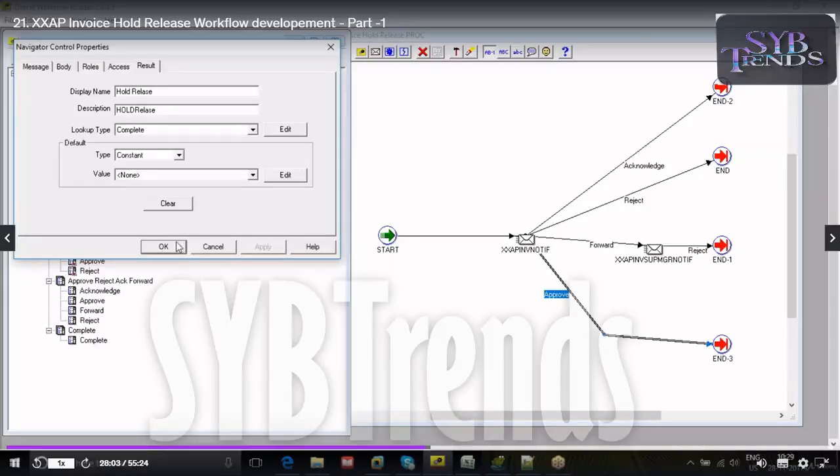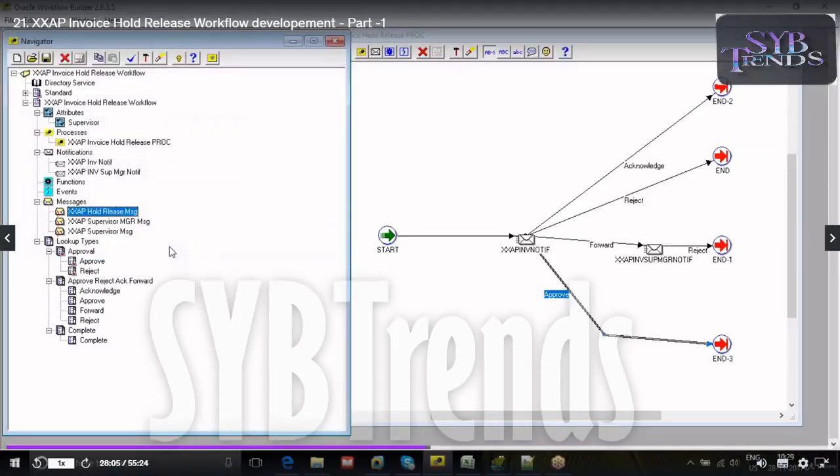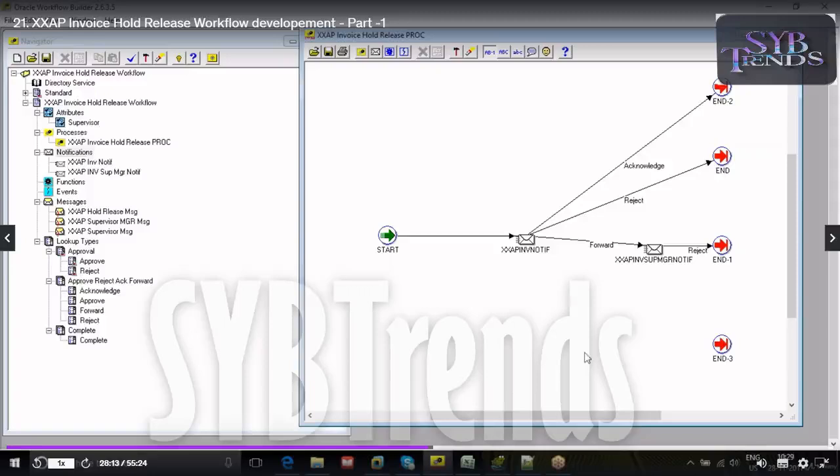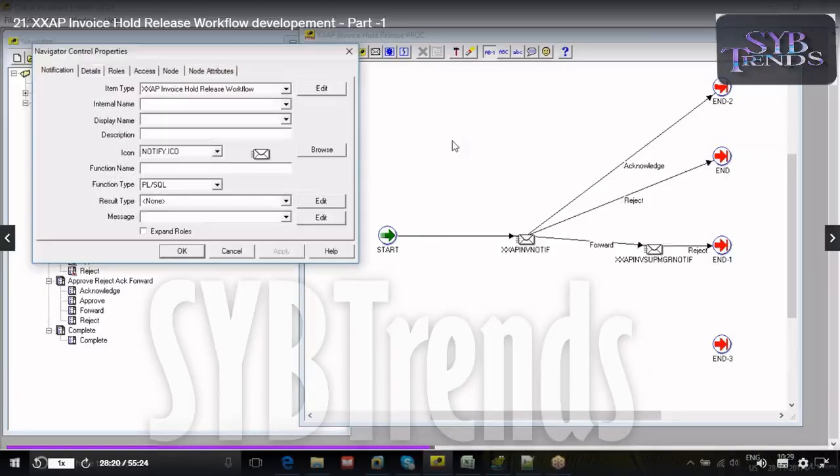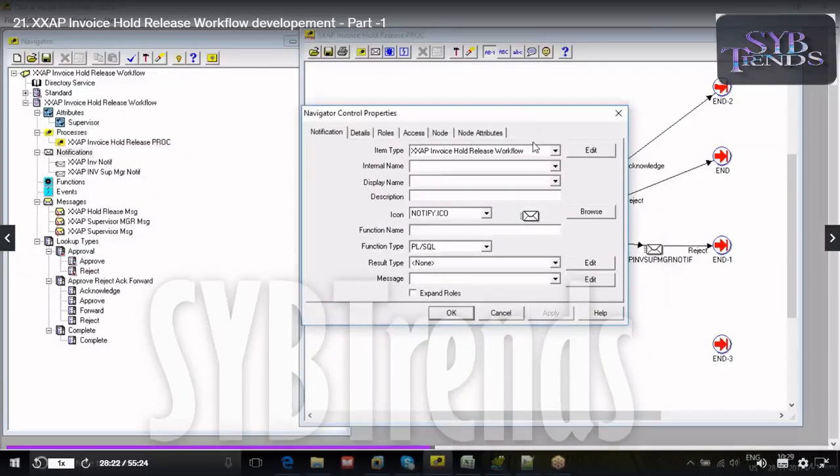Anything you can have, it is not going to affect anything. The message is completed, right? So every time you are creating the notification here and you are dragging and dropping, right? It is not required to do that again and again. Just go to this tab here, new notification, paste it here. Directly it will come. Internal name is xxap